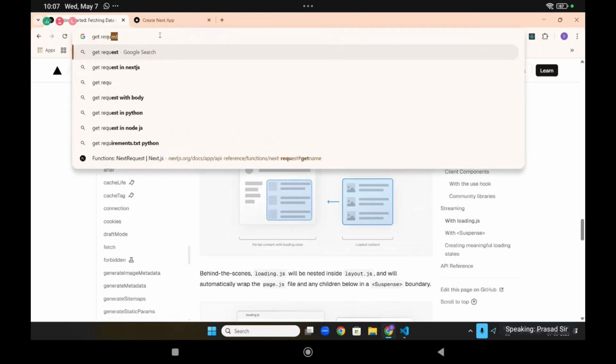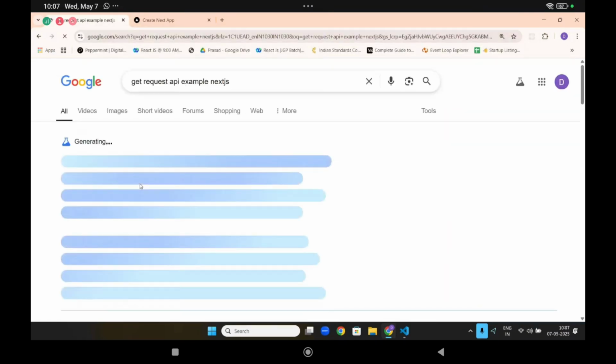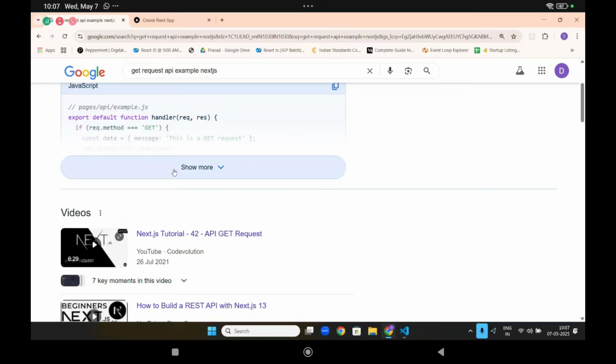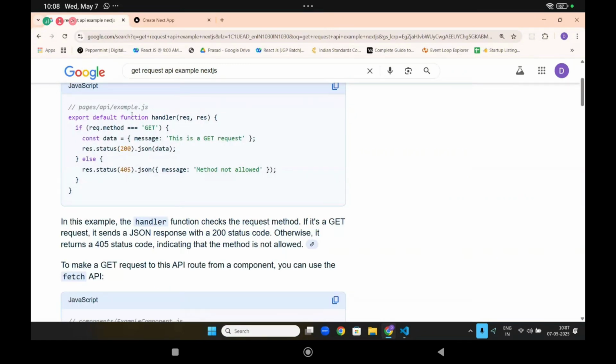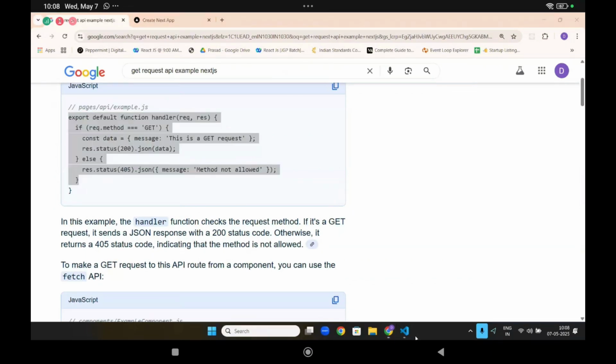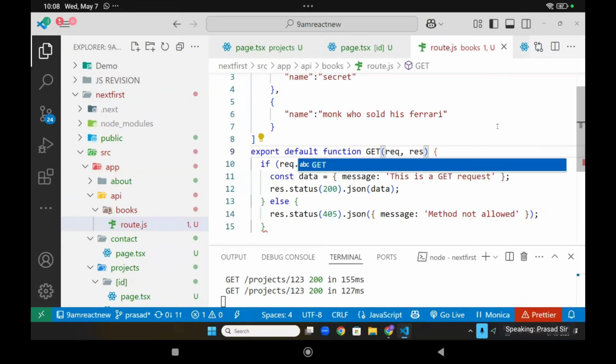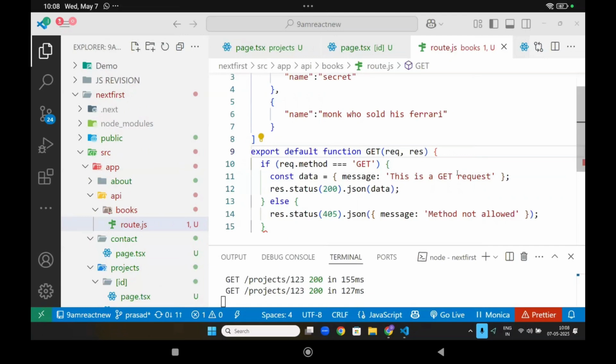Get request API example NextJS. Now let me go here. You need to put the name here. You need to put the name as GET. Then I have to do some request dot